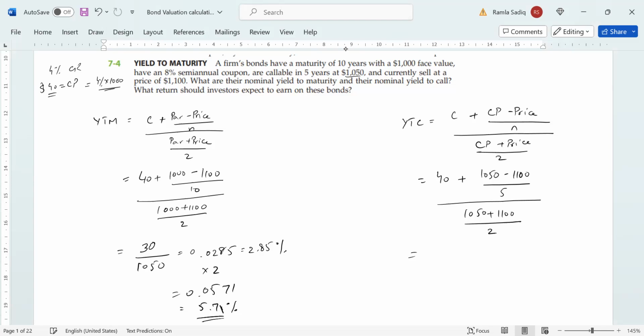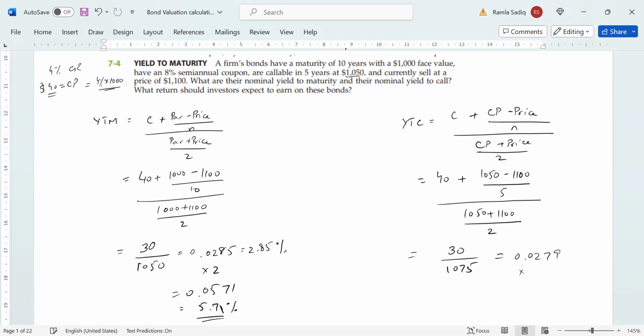So 1,050 minus 1,100 will give us negative 50. 50 divided by 5 will give us 10. And because that is a negative, we will do 40 minus 10, that's 30. That's our numerator. And now for our denominator. So we've got 1,050 plus 1,100 divided by 2. We get 1,075. So 30 divided by 1,075,